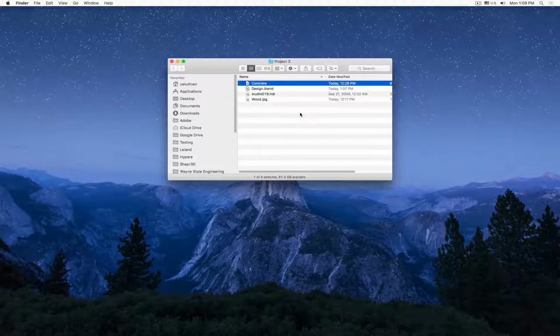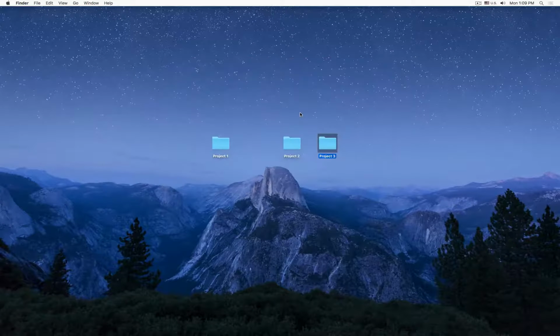So the problem is we have multiple copies of the textures. This uses up a lot of disk space over time. And for example, if you want to search for a file and you get 3, 4, 5, 10 hits for the same file, it's very, very annoying. So